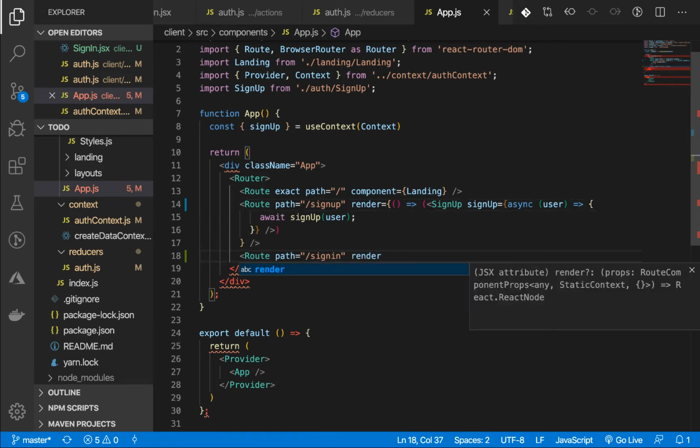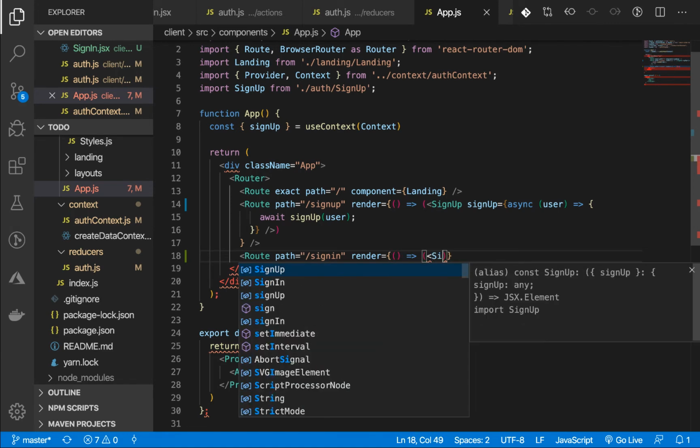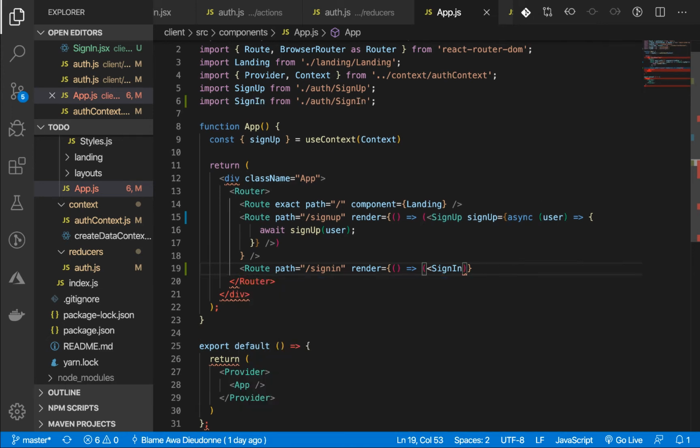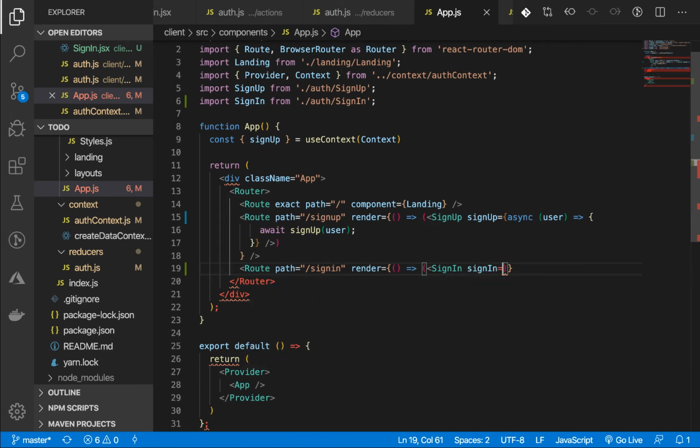I'm going to give it render and sign in. I'm going to import that, give it a sign in prop equal to an async action that expects a user object,